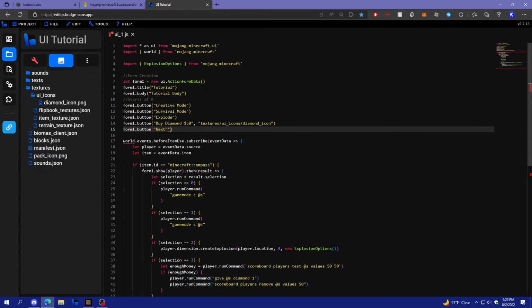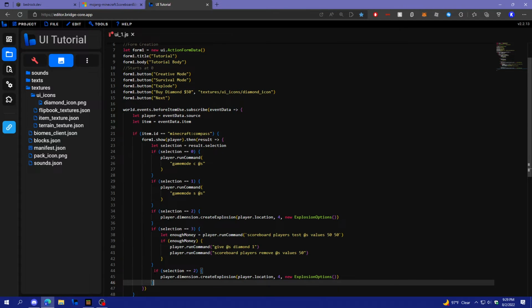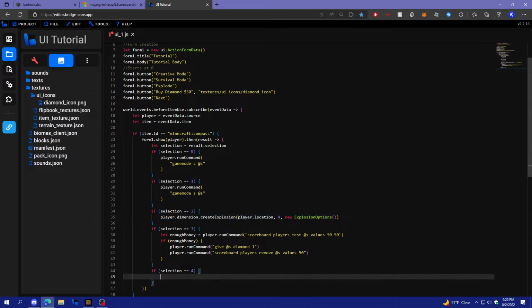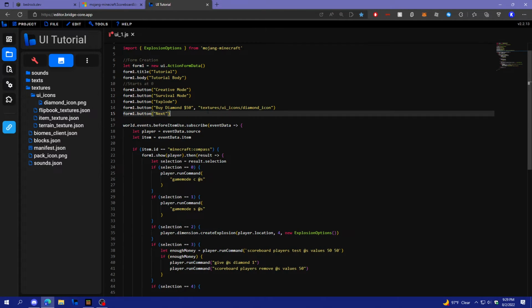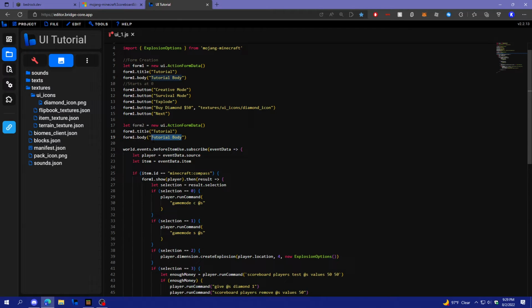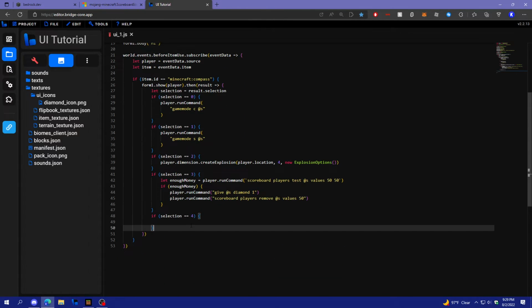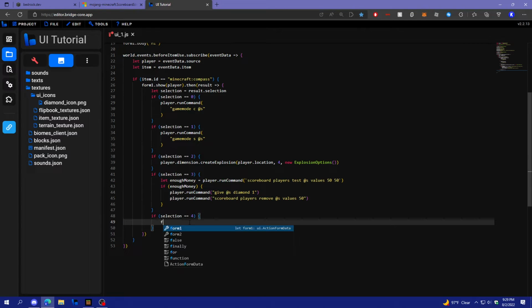And I'm just going to get rid of the texture or the icon, and then we'll copy if selection 2 because it's smaller, and we'll do if selection 3, or actually if selection 4, and then we'll create another form right here called form2, and then form.body is going to be hi. It's just going to be like next page or something like that. And then, so if selection is equal to 4, form2.show player,